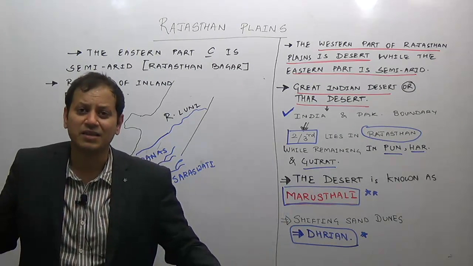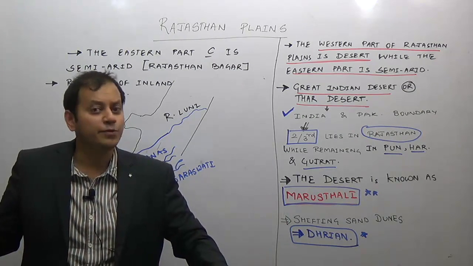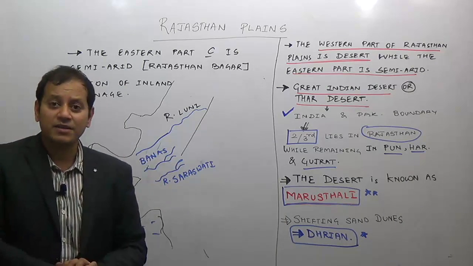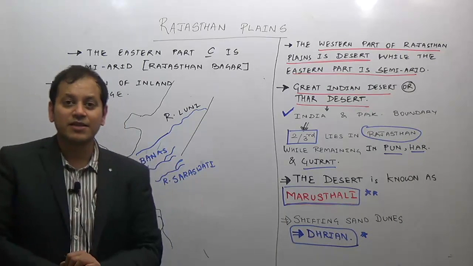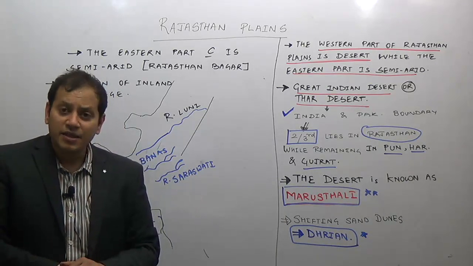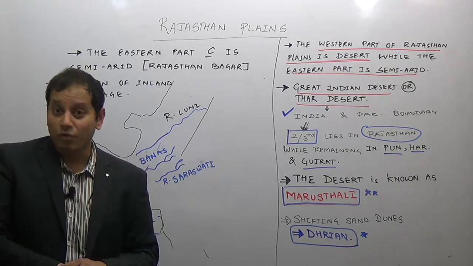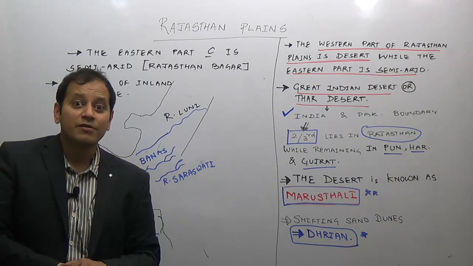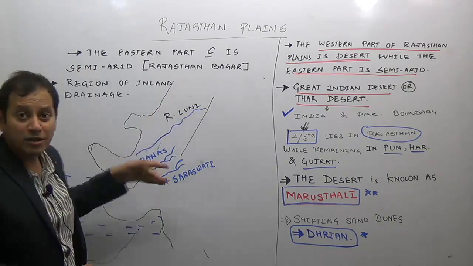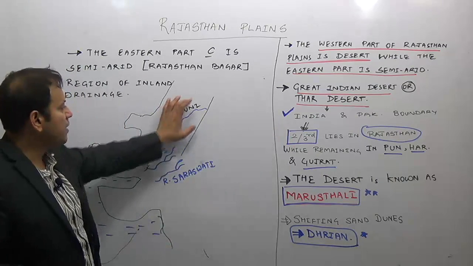Now in this desert region, is agriculture possible? Yes, it will be possible because the soil is fertile. What is the limiting factor in the desert, or what is the lacking factor in the desert? It is water or moisture. So agriculture will be possible wherever the moisture or water is available. We can give water through an irrigation system. We have the Indira Canal project, which we will be doing later on in the command area development, and we have some of these